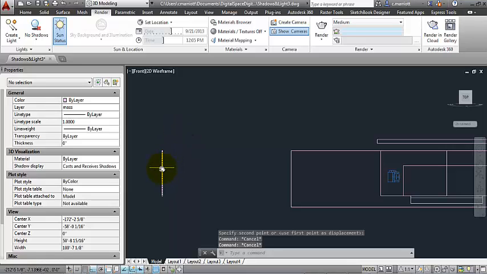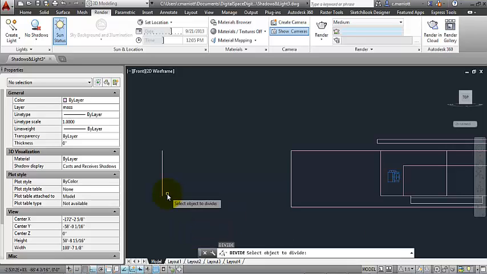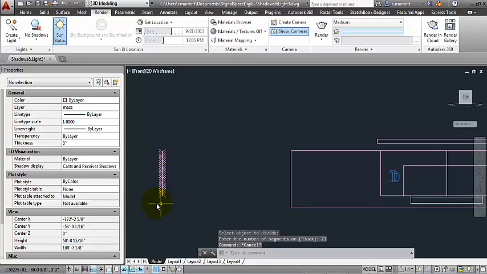All right, now as I said, I'm going to divide this into 21 parts. So I'm going to type in DIV for divide. I'm going to select this object, and I'm going to say 21. Right, and it will construct node points at each of those divisions, and I can use that to construct my